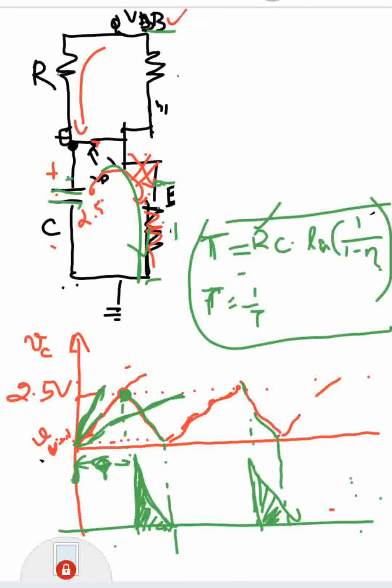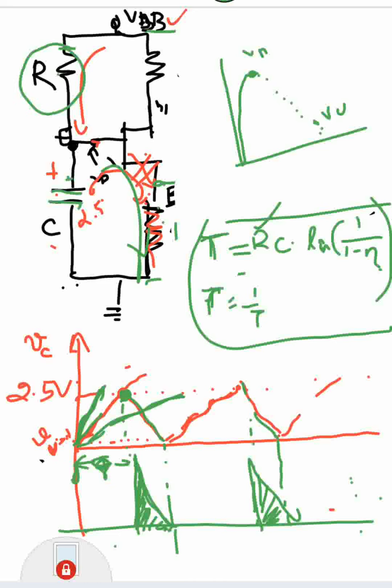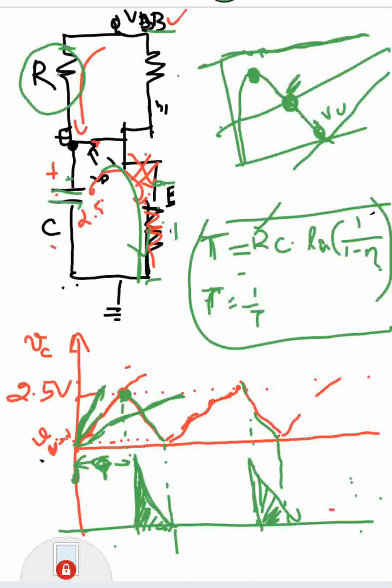And I already told you that when you operate the UJT, you should operate it in the region between VP and VV, the negative resistance region. Okay, so when you take this resistance R, the charging path of the capacitance, and if you draw the load line of this R in the same graph, this load line should intersect the UJT characteristics in this negative resistance region itself. It should not go beyond VP, it should not go less than VV, it should always intersect this negative resistance region.